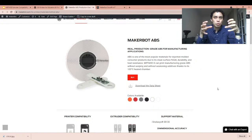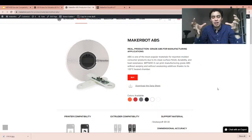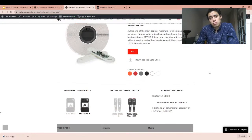ABS is prone to warping, especially when it cools down really fast. So if you're not using something that can control the temperature, it's going to be harder to print with it. It's usually above 100 degrees Celsius. In the case of the Method, the platform itself is going to reach close to 110 degrees Celsius, and the chamber is going to average around 105. I'll take you through the slicer in just a second. But really a noble material, I would say. As long as you're keeping those temperatures high,